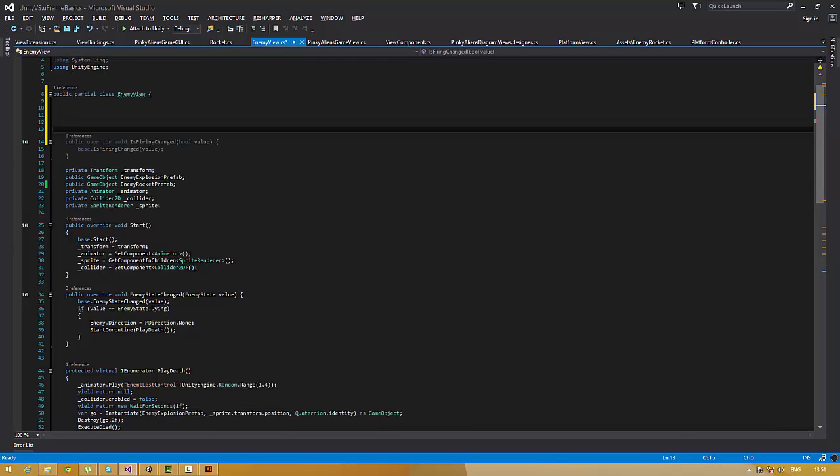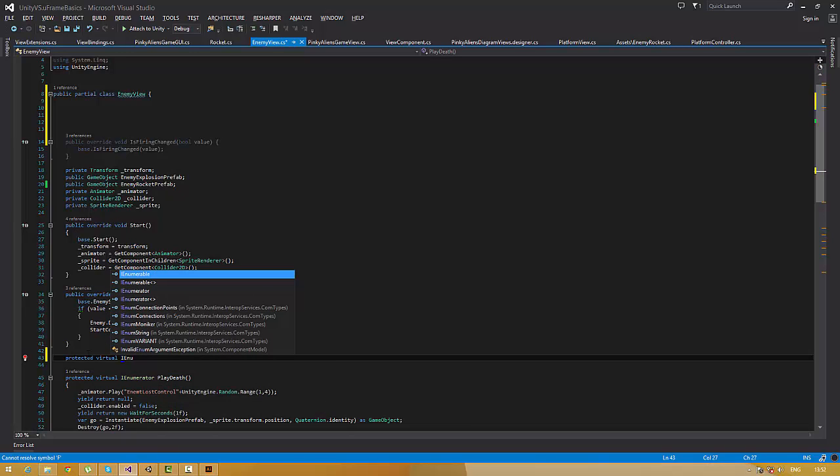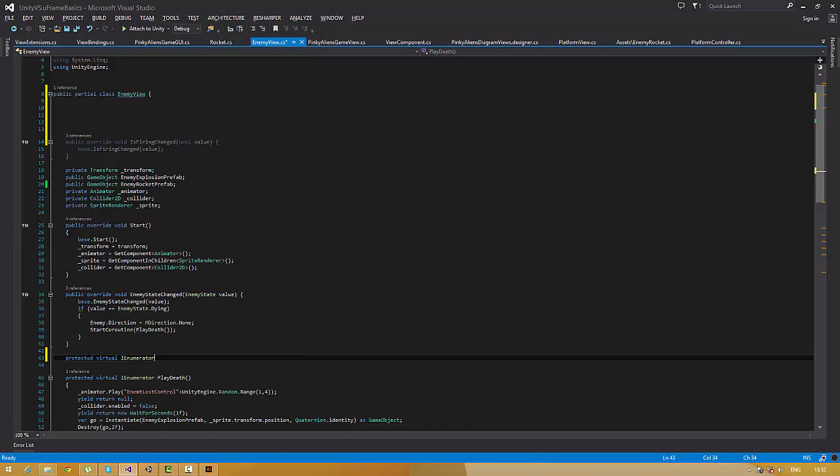So I will create a new coroutine here called fire,